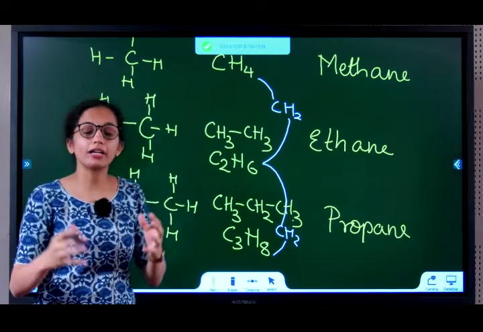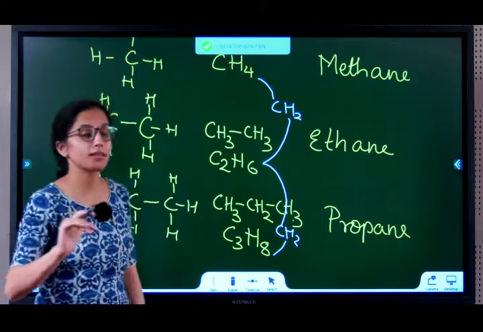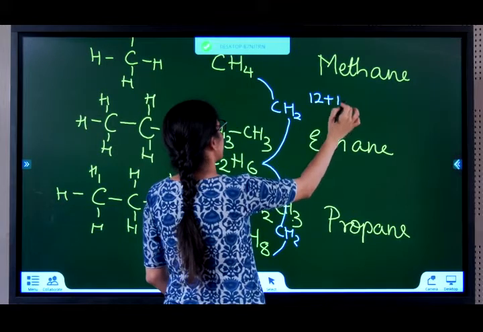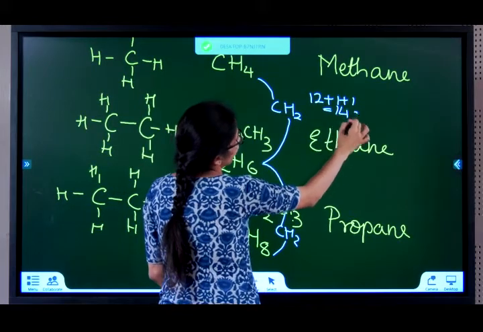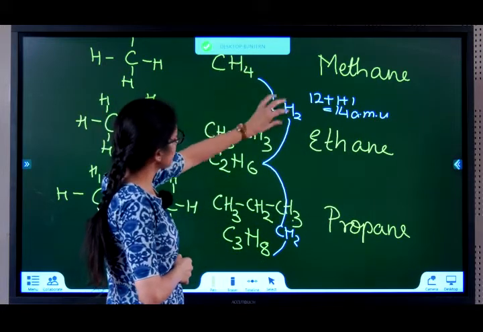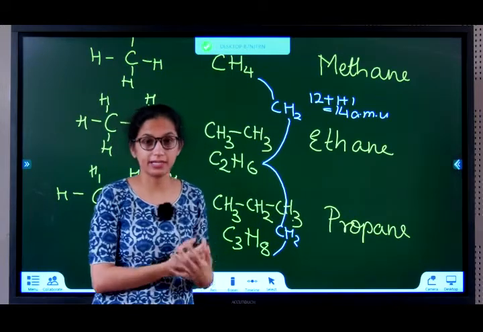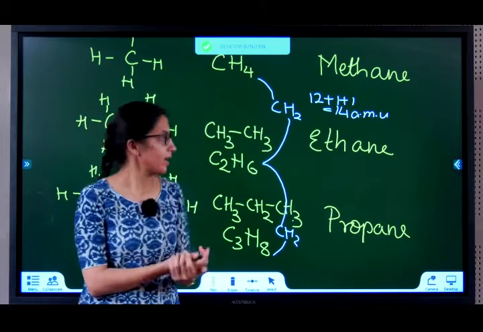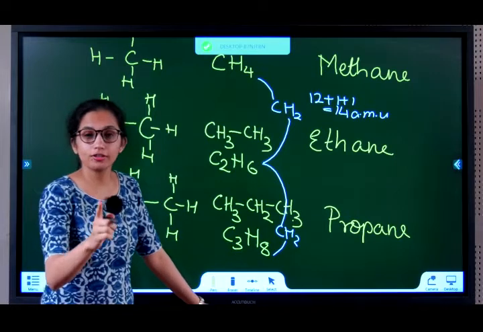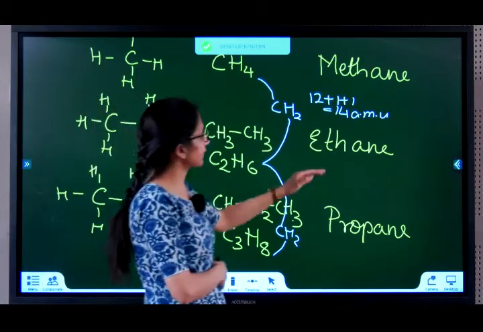In some textbooks or guides, instead of saying differ by a CH2 group, they say vary by a 14 unit mass. How 14 atomic unit mass? Each carbon 12, hydrogen 1, there are 2 hydrogens. So 14 atomic mass unit. Each successive member is differing by a CH2 group of 14 atomic mass unit. That was what we included in the definition of homologous series. Understood now why CH2 there? Why did we say CH2? Yes. Okay, so methane, ethane, propane.